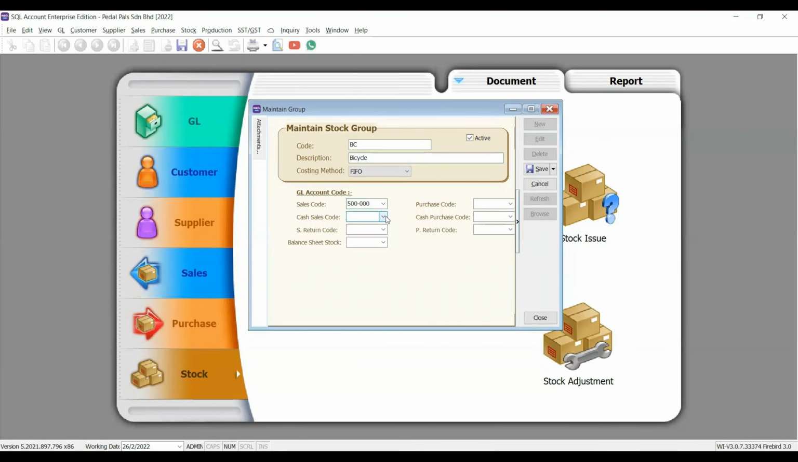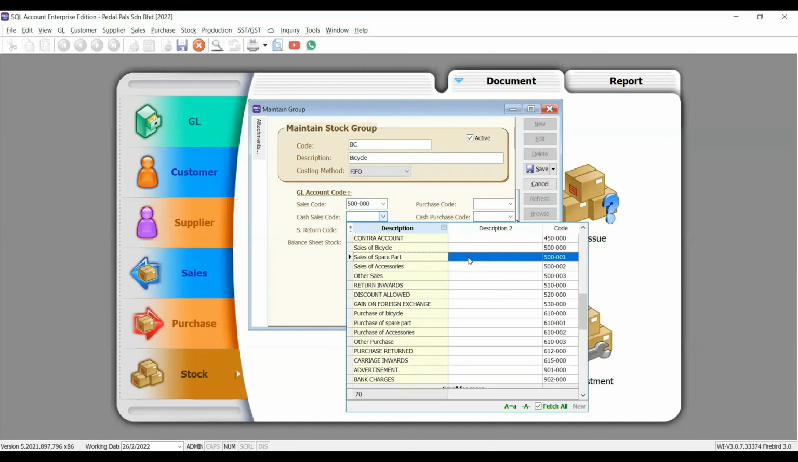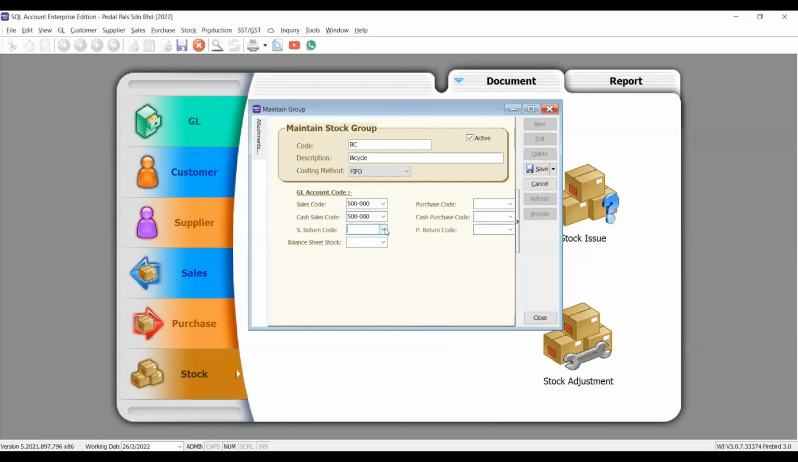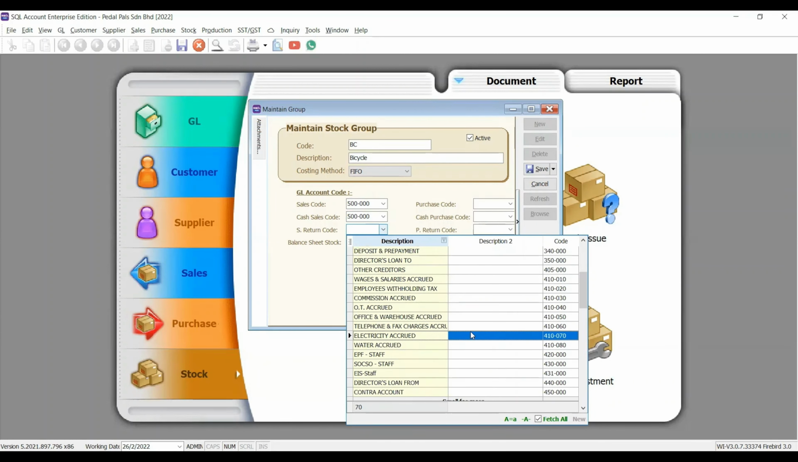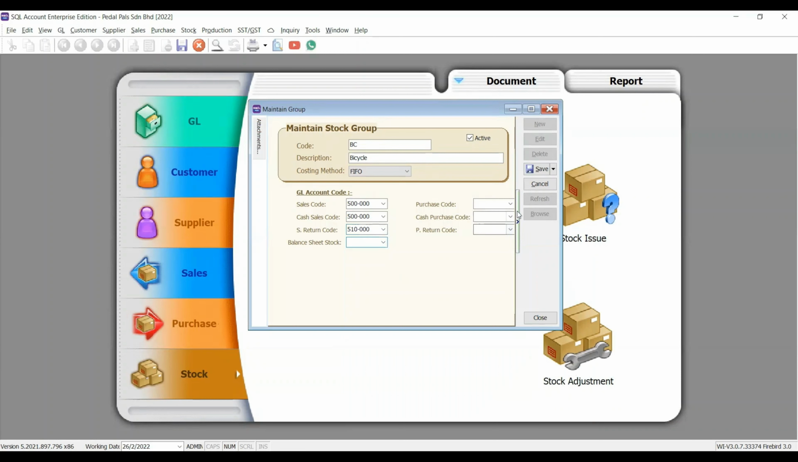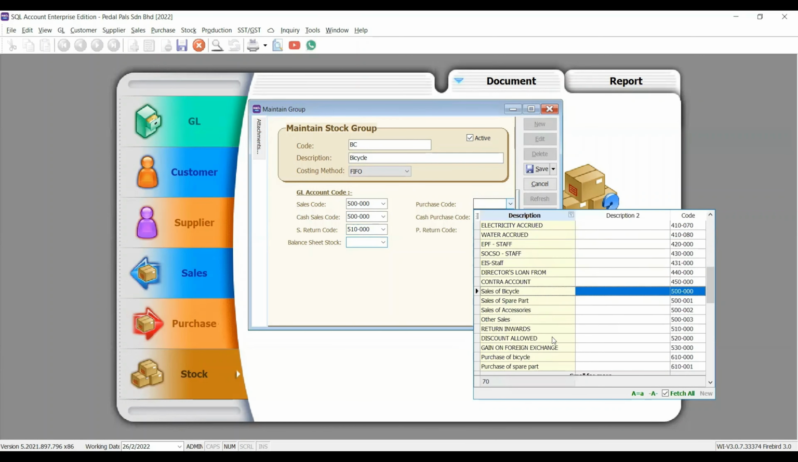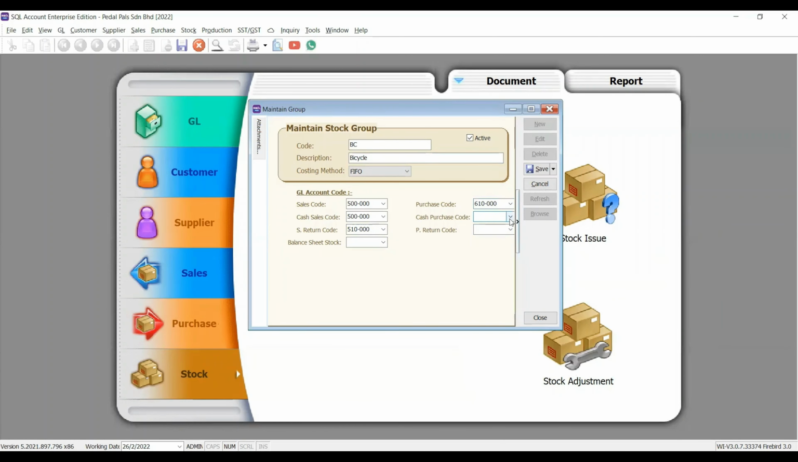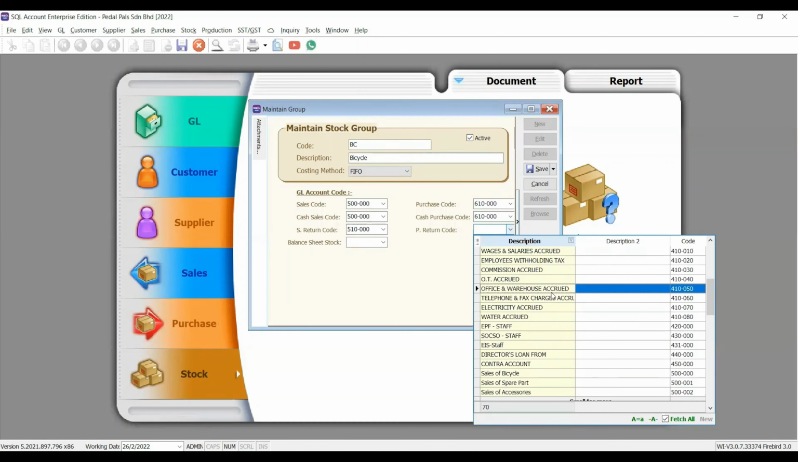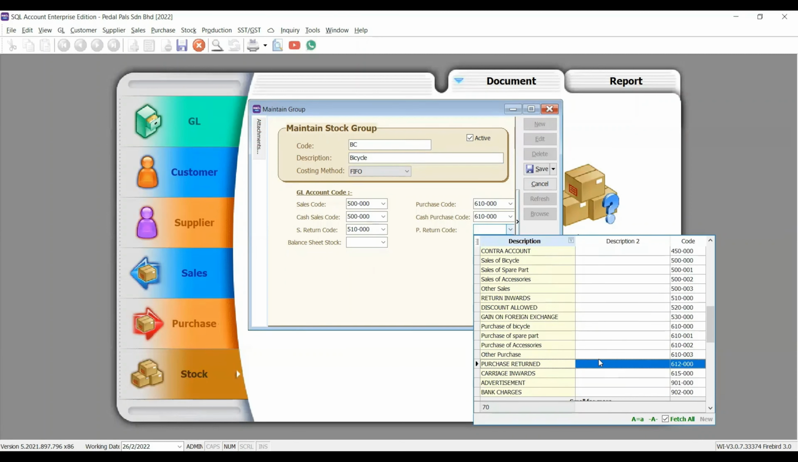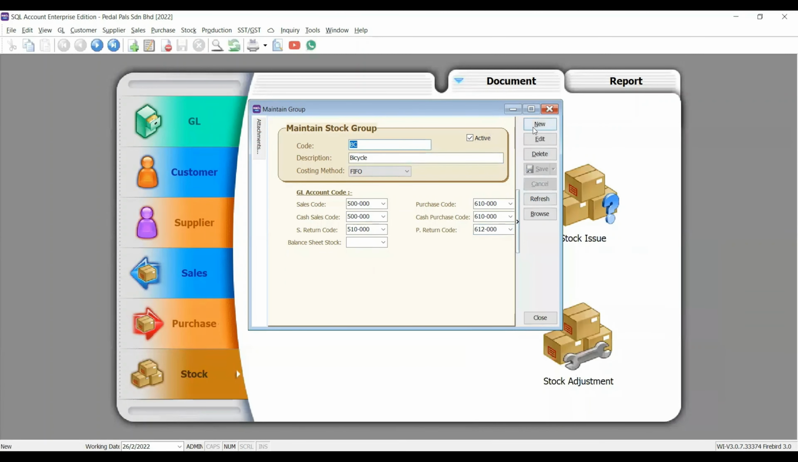is 500-2000 for sales code and cash sales code is 500-2000 and sales return code is 510-2000 and our purchase code for that is 61000 and our cash purchase code for that is 61000 and purchase return code is 61200. We create the next stock group as code is SP and description is spare part and